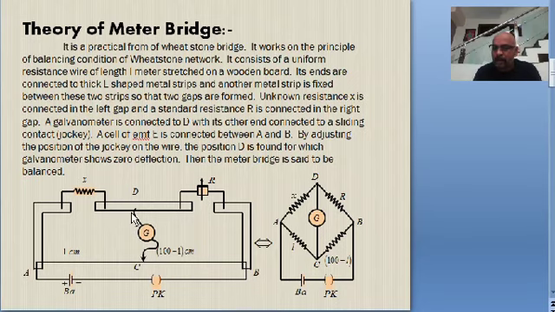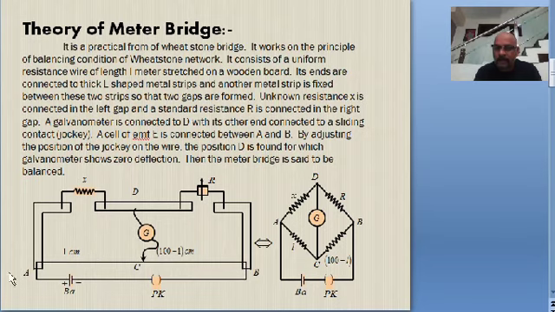and between these two gaps, there is a point called D, and from D you connect a galvanometer, and from the other end of the galvanometer you connect it to a device called sliding contact, which is also known as jockey. This sliding contact or jockey can run over this wire. That means it can be slid from A to B, to any point from A to B.